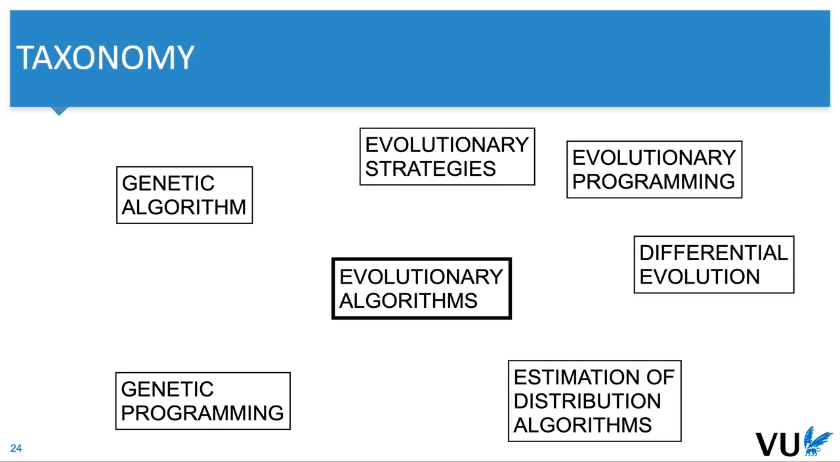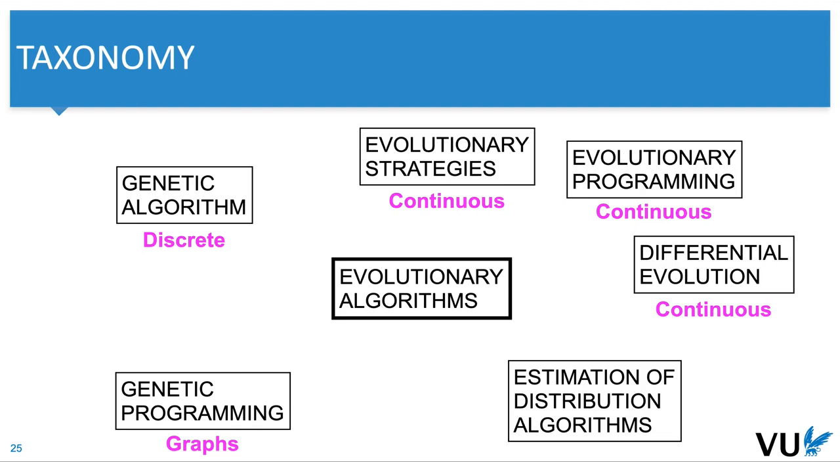And if you look at the taxonomy of evolutionary algorithms, over the years people proposed a lot of different approaches. So we have genetic algorithms, evolutionary strategies, evolutionary programming, differential evolution, genetic programming, but also estimation of distribution algorithms. We'll go into details in one of the next lectures. But to have this very general impression and to remember these algorithms, and to use proper names,